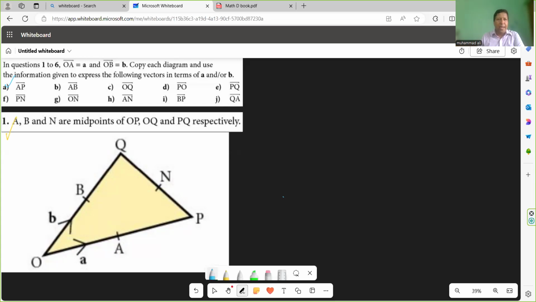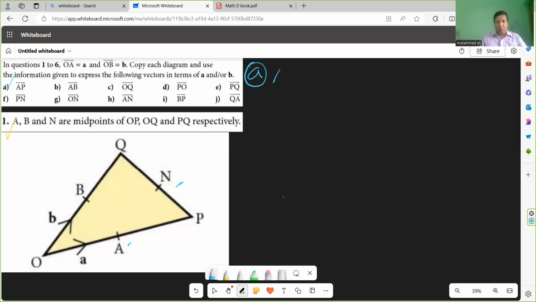A and B and N are the midpoints. A is the midpoint of OP, and B is the midpoint of OQ, and N is the midpoint of PQ, respectively. Okay, now start. So first one, A number,